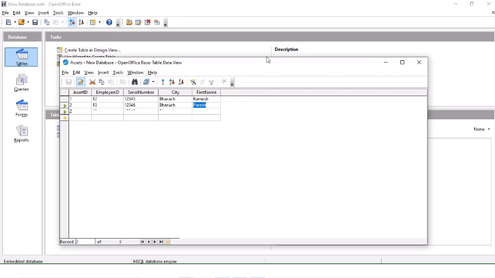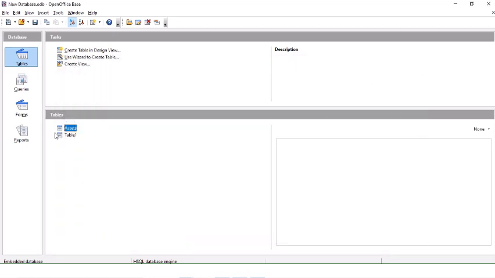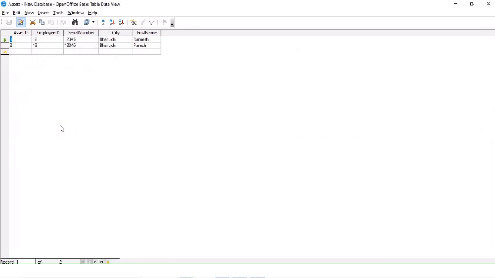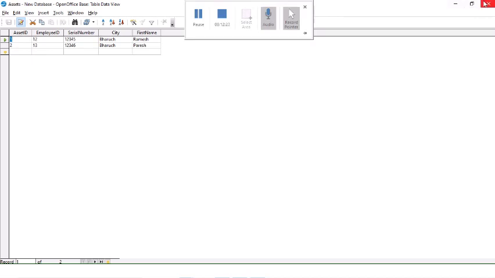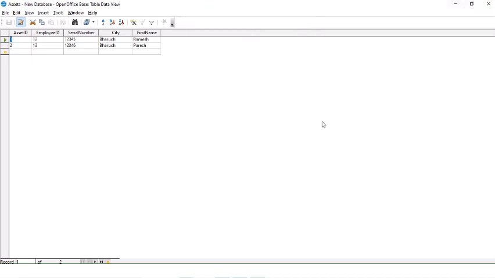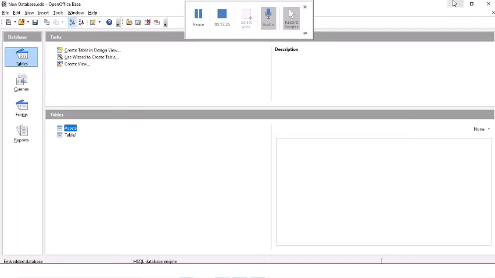After that you can save it, or if you want to save, you just simply close it, and it will automatically ask you to save the data. Once you double click, you can see your data again. So here is how you can store data. I hope everyone is getting how to create a table and how to enter data, right?